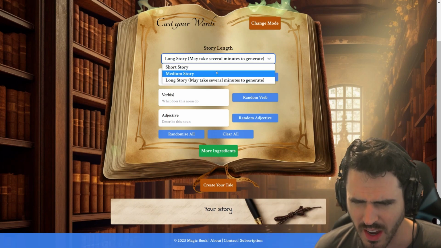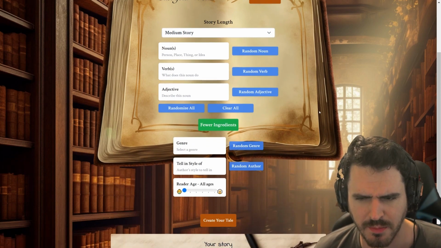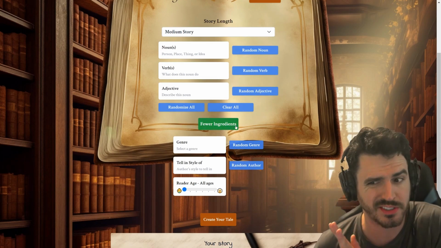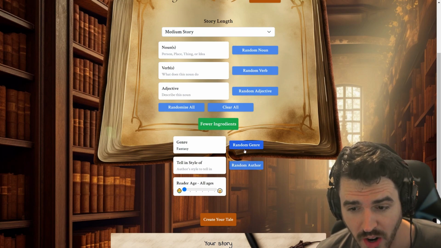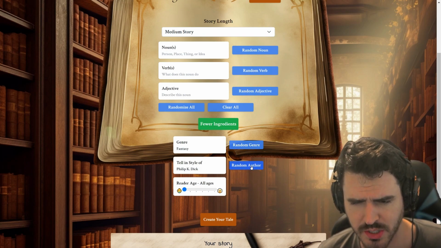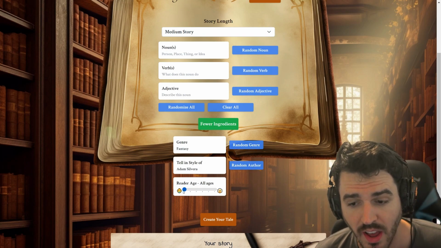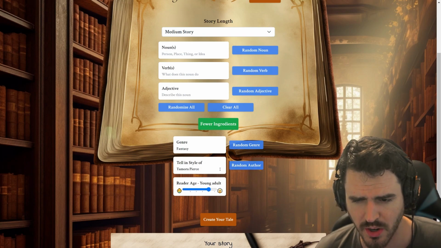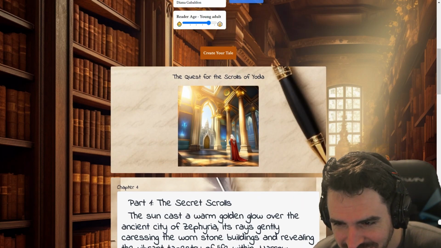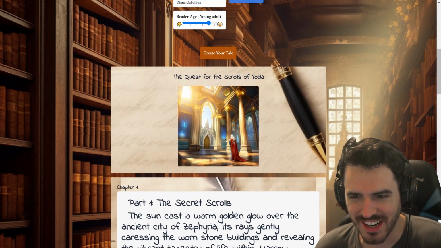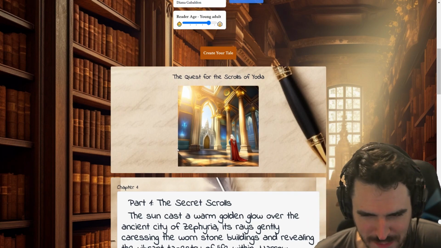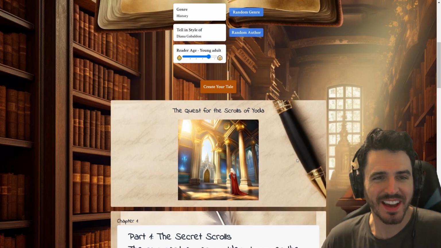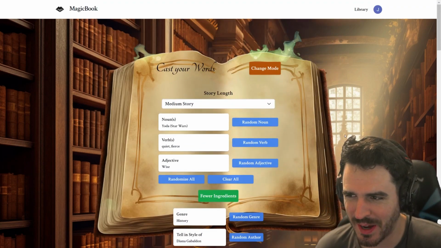But let's do one more thing here, because I want to show you guys more ingredients as well, in case you didn't see it last time. You can get your story in a specific genre. You can get it in a certain author style and for certain ages. So, oh wow, that's so cool. So yeah, this gives you a kind of a look at the majesty of the library. I wish the image had more maybe books in it or something, but yeah, some really, really cool updates.